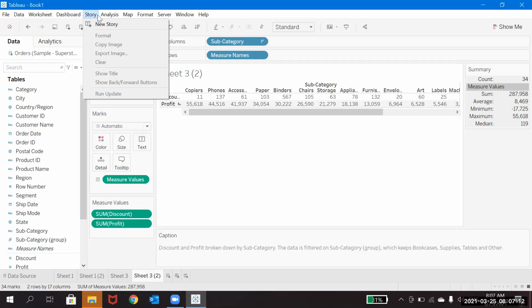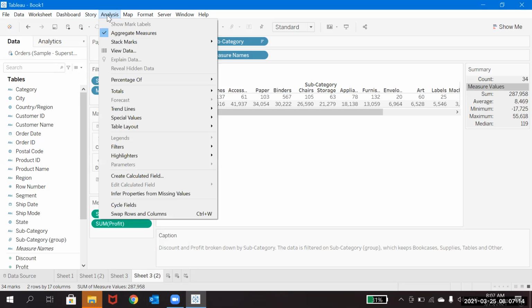And we have something called analysis here. The analysis tab will help you majorly with whatever analysis you will create, I mean the calculations or the formattings, everything.